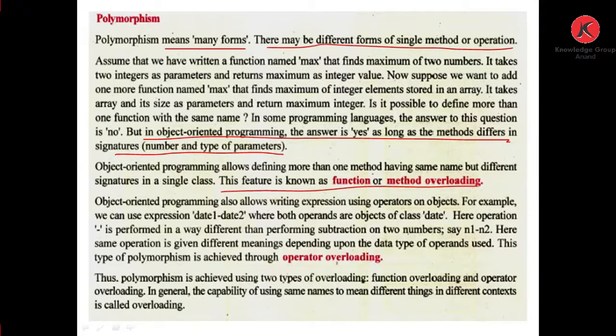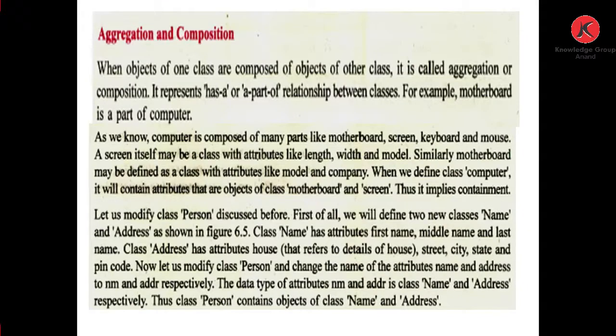This type of polymorphism is achieved through operator overloading. Thus polymorphism is achieved using two types of overloading: function overloading and operator overloading. In general, the capability of using the same name to mean different things in different contexts is called overloading.